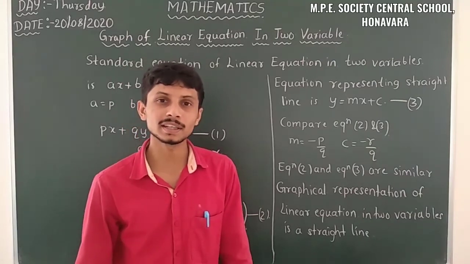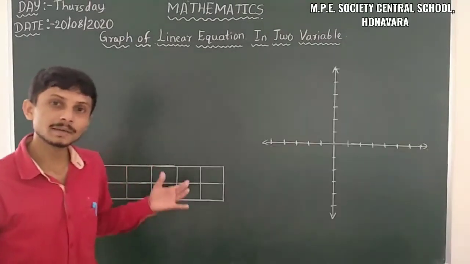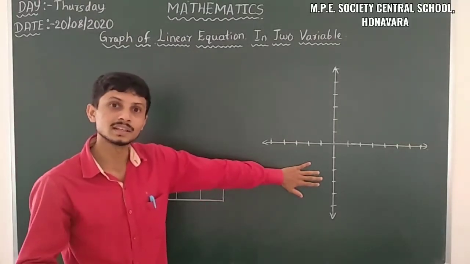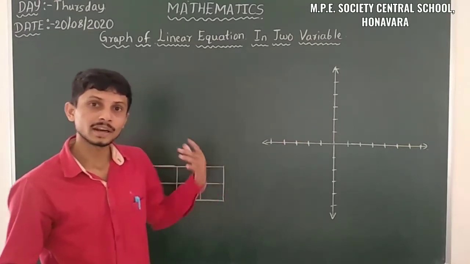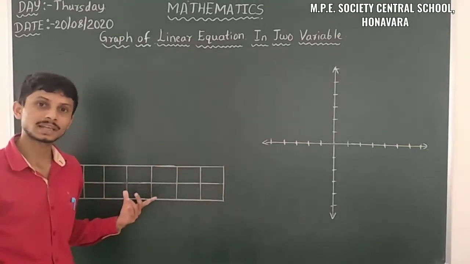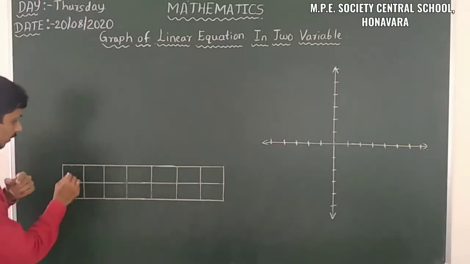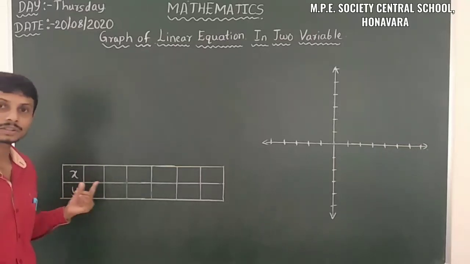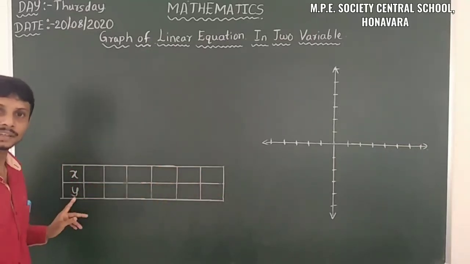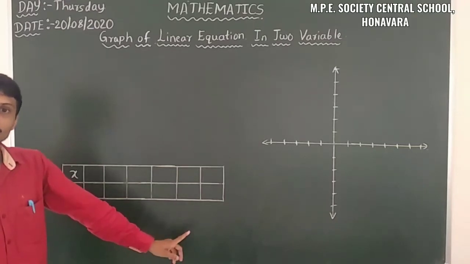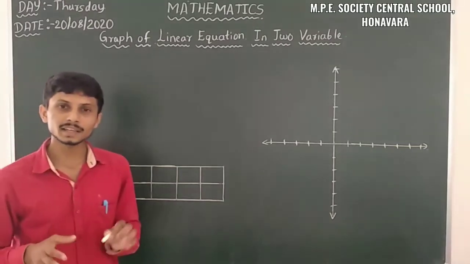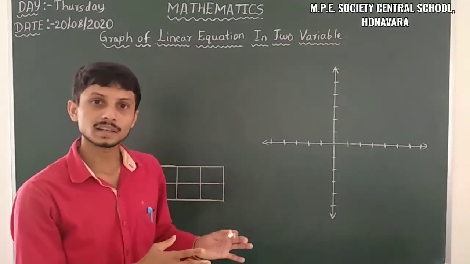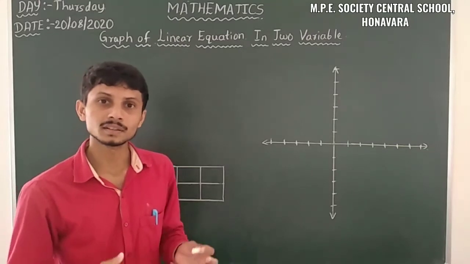Okay, so let us discuss by taking some examples. Here I made some arrangements. This is the representation of the Cartesian plane we already discussed in coordinate geometry, and this is a tabular column. Here we have to insert the value of x, and here we have to insert the value of y. This row is meant for the values of x, and this row is meant for the values of y. So let us take any example of a linear equation in two variables and draw the graphical representation of that equation.